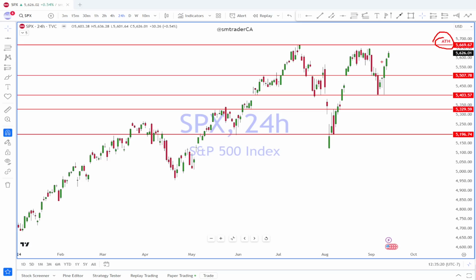Like I said, the market's job is to fool the majority of the people, the majority of the time. So if the majority of the people are expecting an all-time high, then there's always that possibility that the market will do the opposite of what the majority is expecting. So just be careful out there. I am expecting to see a new high. Then who knows what will happen after the FOMC and after what Jay Powell has to say about the rate reduction.